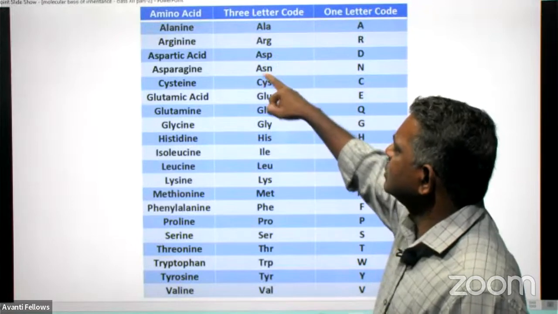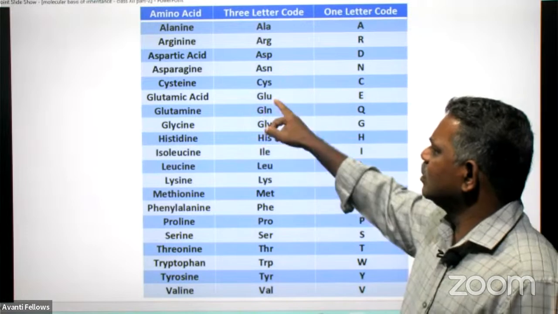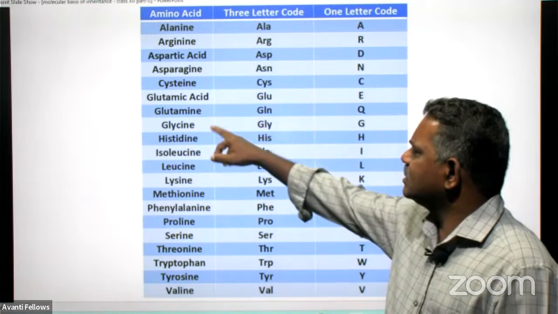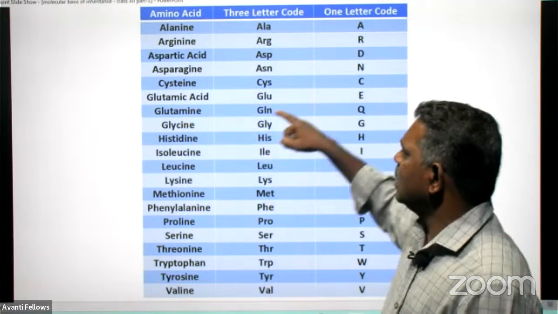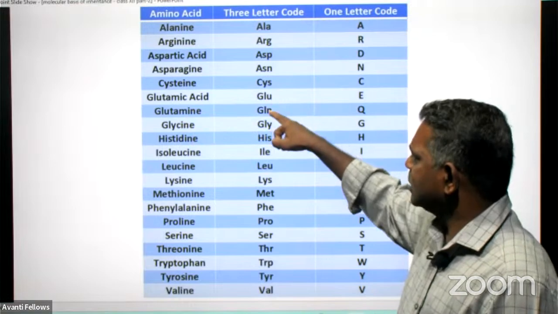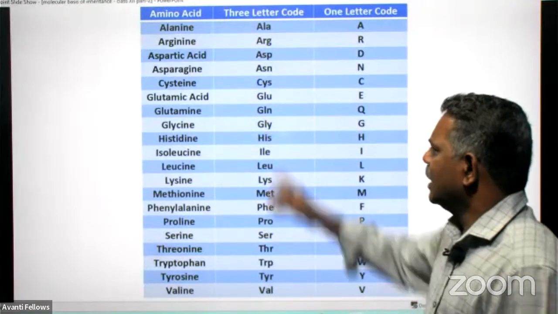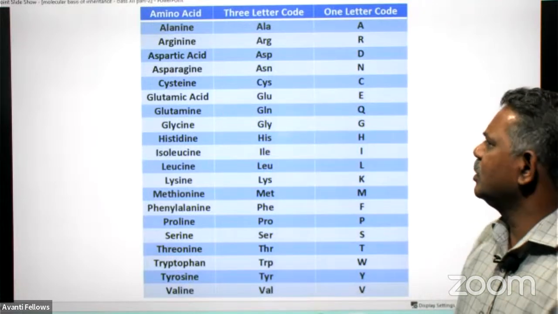That is why another letter is used, ASN. And cysteine, and glutamine. Then glutamic acid, GLU, and glutamine is similar, but instead of the last letter U, N is taken. So glycine, GLY. Like this, the 3-letter code is given for the 20 different kinds